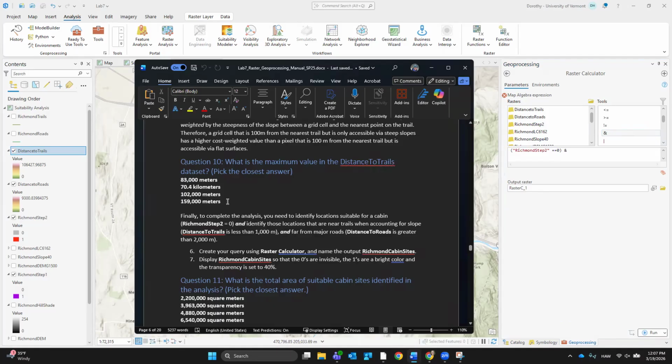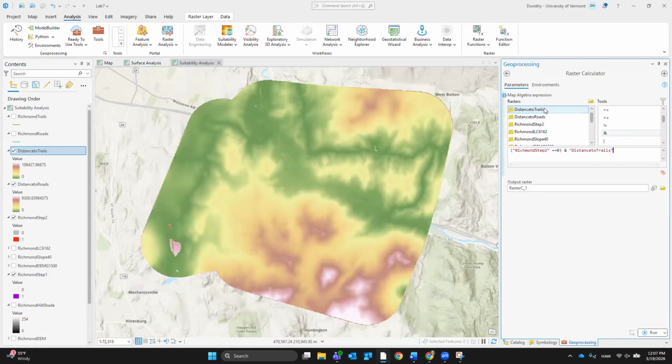And distance to trails is less than 1,000 meters. So distance to trails is less than 1,000. Parentheses so that the code is read properly. And distance to road is greater than 2,000, I think, right?